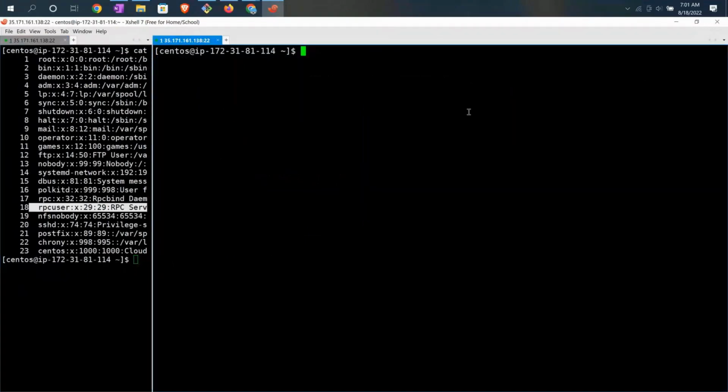etc passwd is a file name under the root. Correct. Everything is under a root. Everything. There is no file which is not under root. Okay, if you take a tree with roots,